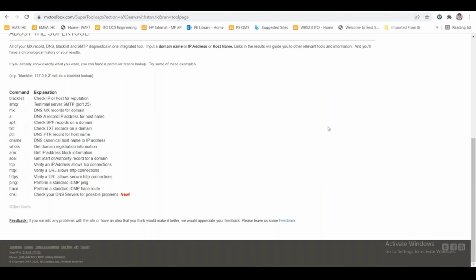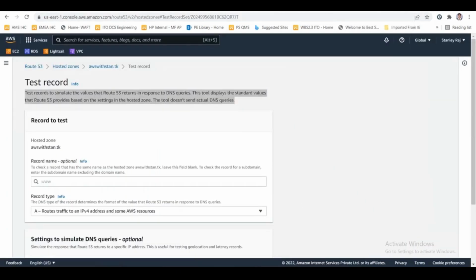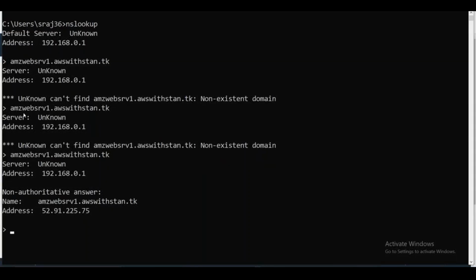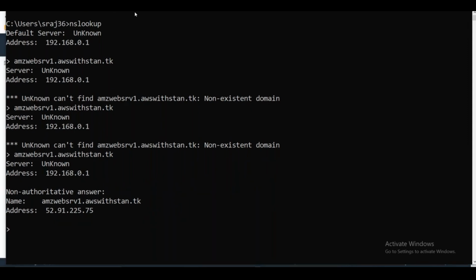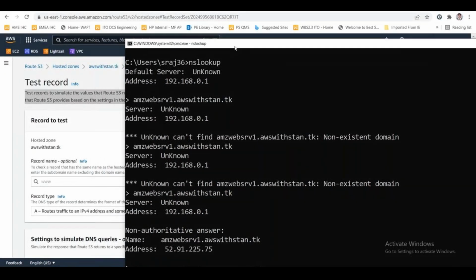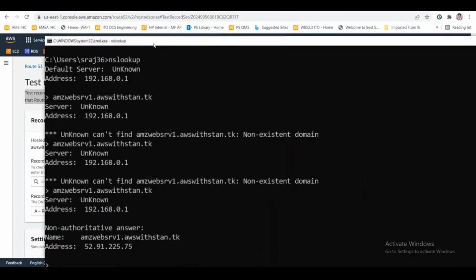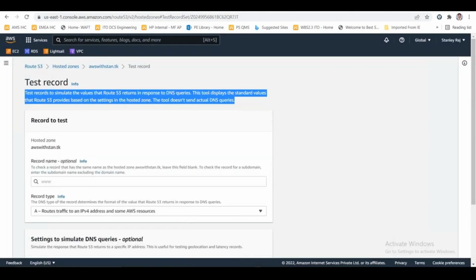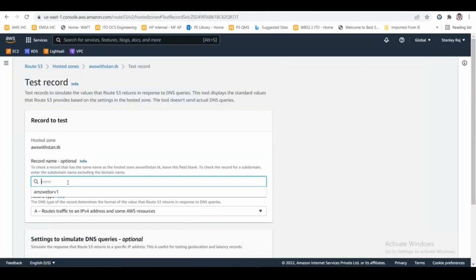Either you can use the name server lookup. This is the standard one, right? Without cost, you are getting all these things. But if you want to use some online web-based DNS checkup, you can also do that. And Amazon also provides an option to test your record. For example, I want to test www dot, no, not www, right? It is sss.awswithstan.tk, and I can just go and